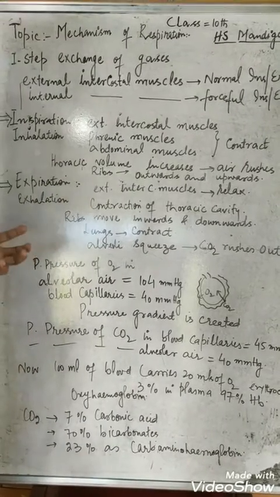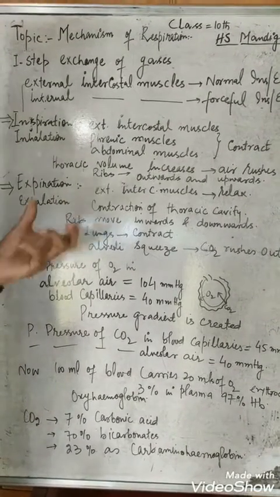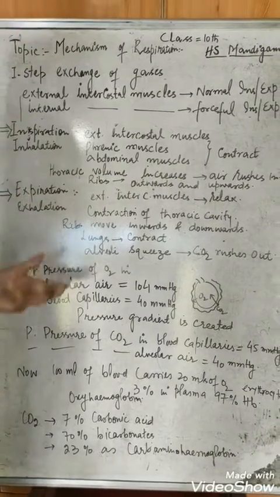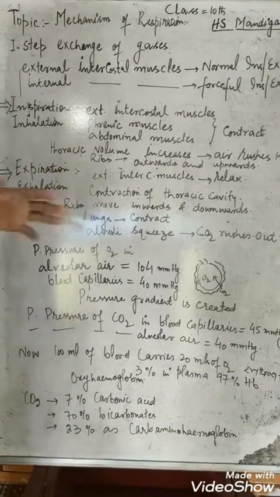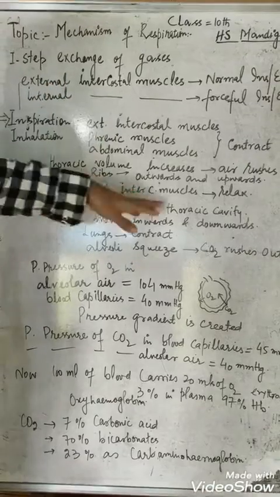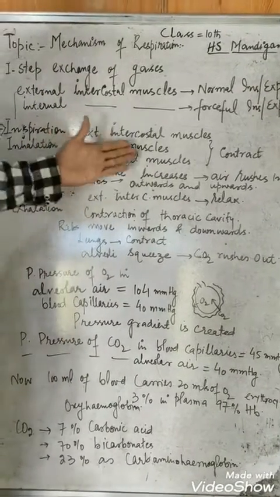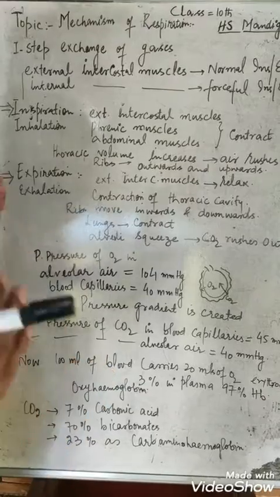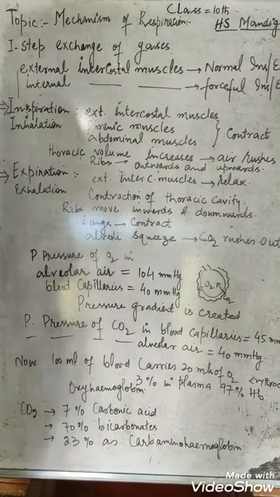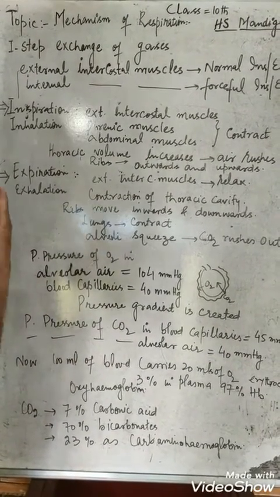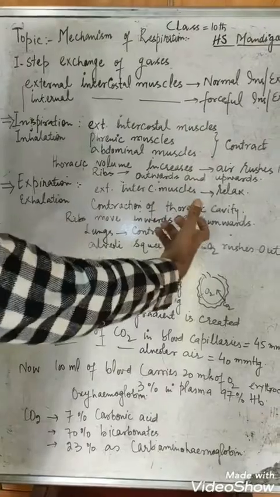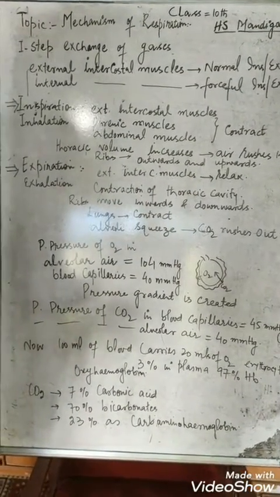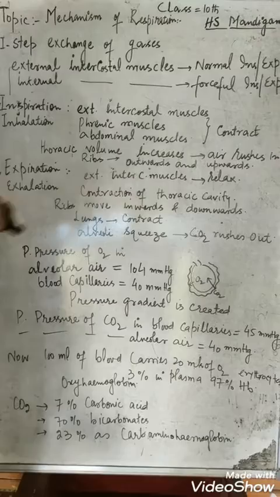Now, what happens when we exhale? That's called expiration, when we exhale the carbon dioxide out of our lungs. At that time, the external intercostal muscles, phrenic muscles and abdominal muscles just relax. When they relax, they push our thoracic cavity inwards. And what happens at that time? A contraction is produced. Because of this contraction of the thoracic cavity, the ribs move inwards and downwards also,